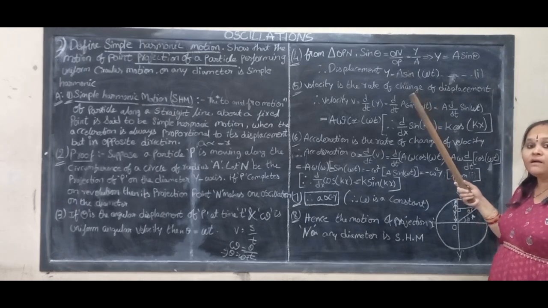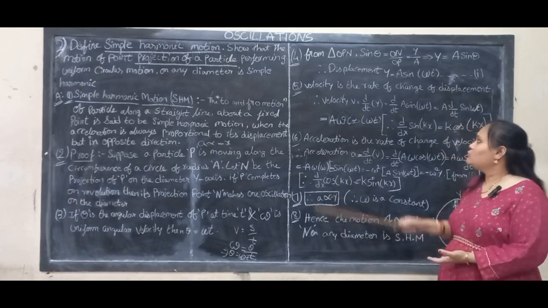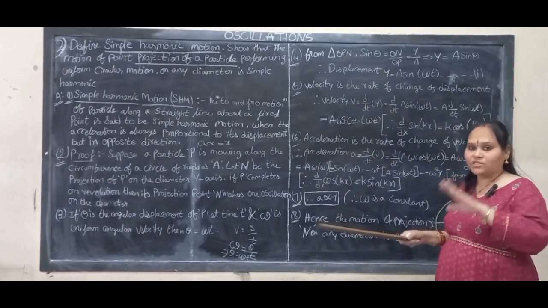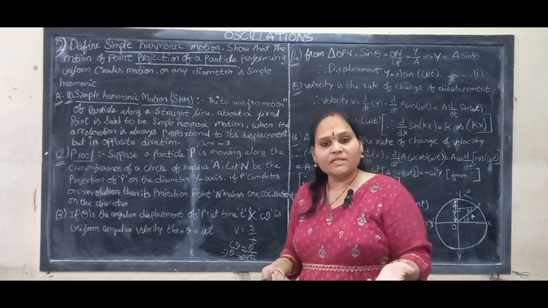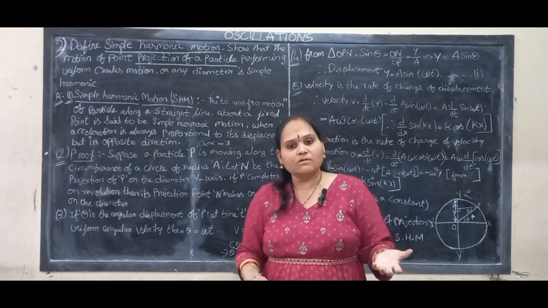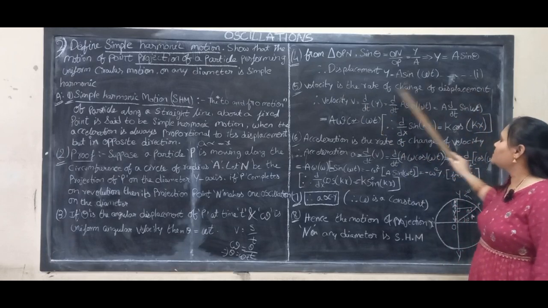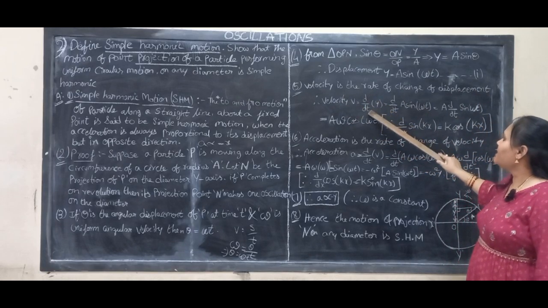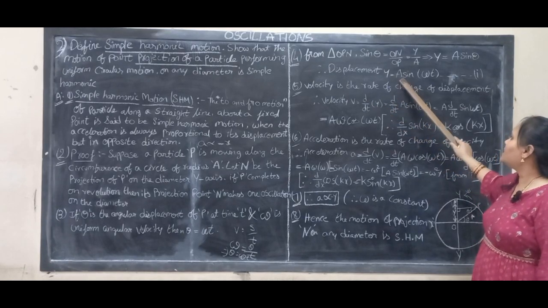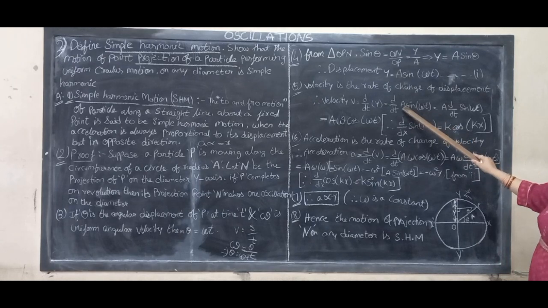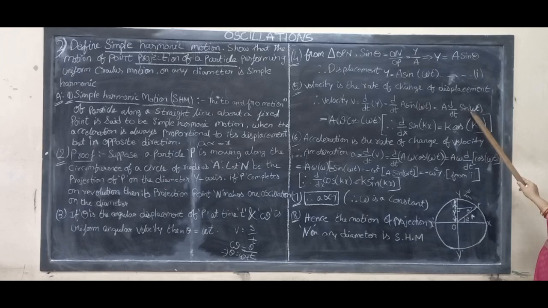ఇప్పుడు మనం ఏం ప్రూవ్ చేయాలి? Acceleration is proportional to minus displacement అని చూపించాలి. సో మనకి ఇక్కడ డిస్ప్లేస్మెంట్ వచ్చింది, యాక్సిలరేషన్ కావాలి కదా. డిస్ప్లేస్మెంట్ నుంచి, the rate of change of displacement is called velocity. The rate of change of velocity is called acceleration. So velocity v equal to d by dt of y అన్నమాట. Displacement y అంటే a sin omega t. So a constant కదా, amplitude కదా, a into d by dt of sin omega t.